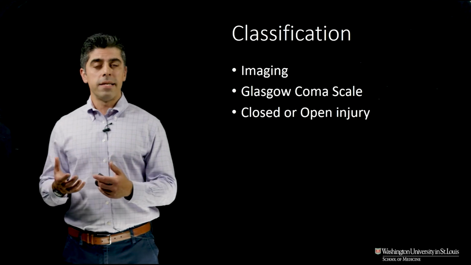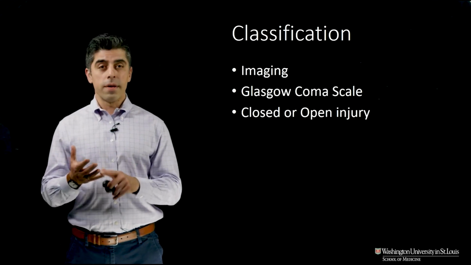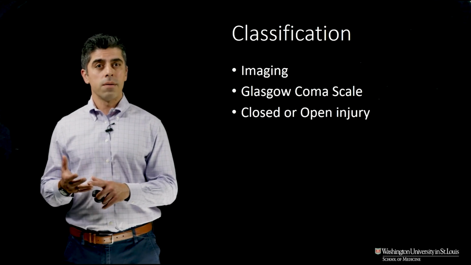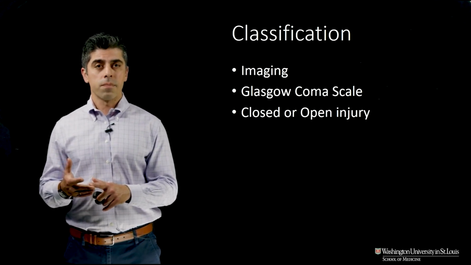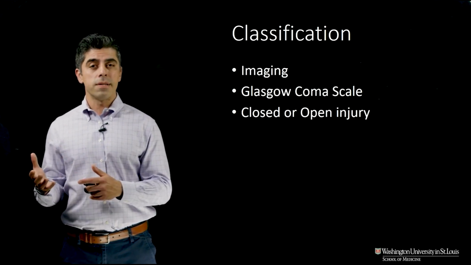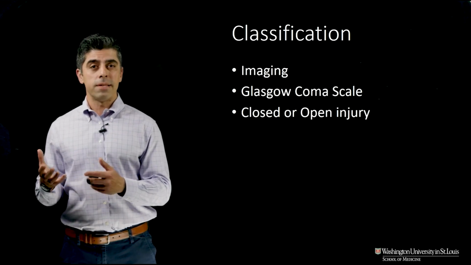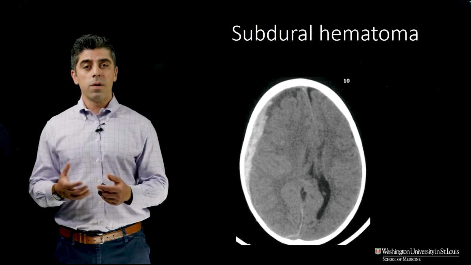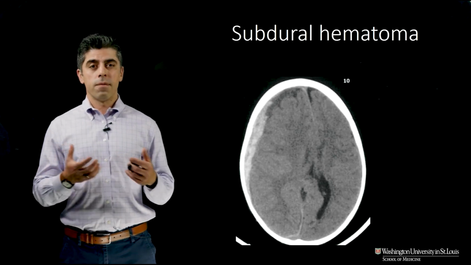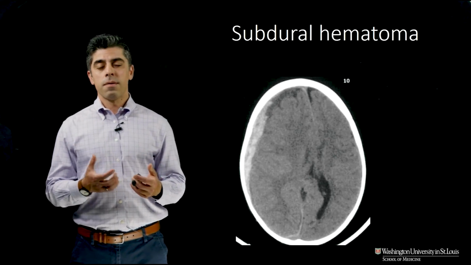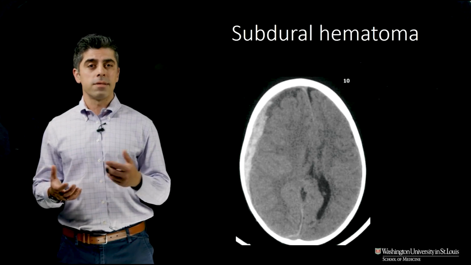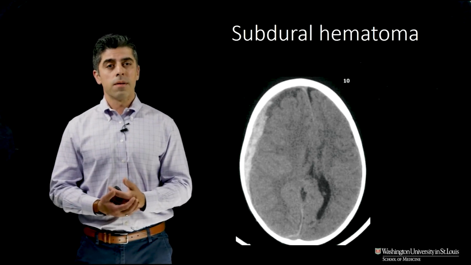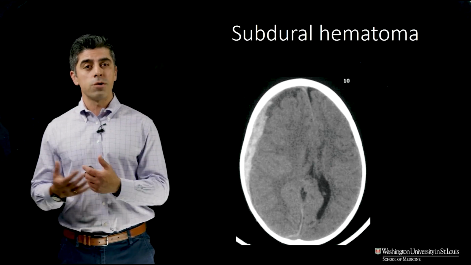The ways I classify a TBI patient are with imaging, commonly the CT head, Glasgow Coma Scale, and closed or open injuries. TBI can be a heterogeneous disease with different presentations, as can be seen on CT head. All patients who come to the hospital will get an HPI, or if they are not conscious, they'll have descriptors by EMS that helps us determine what the mechanism of injury was. Once they come to the hospital, they'll commonly get a CT head, which helps us to further stratify what type